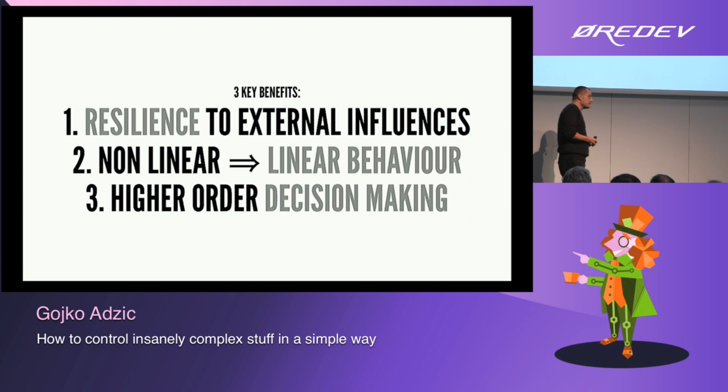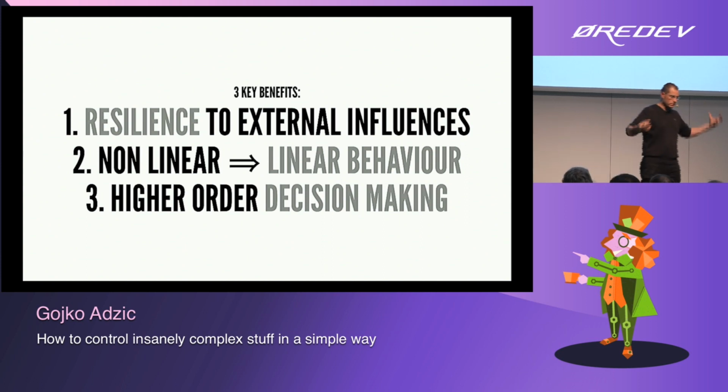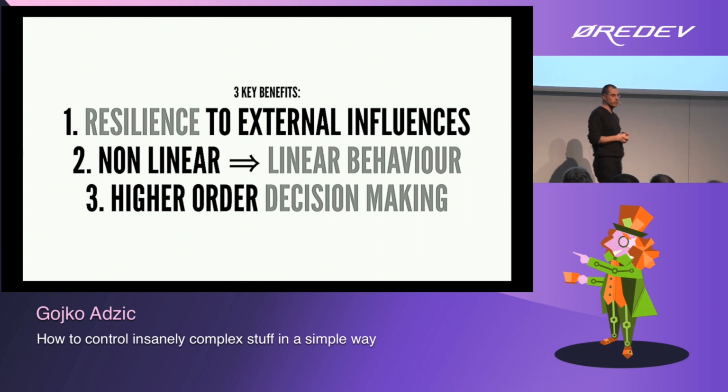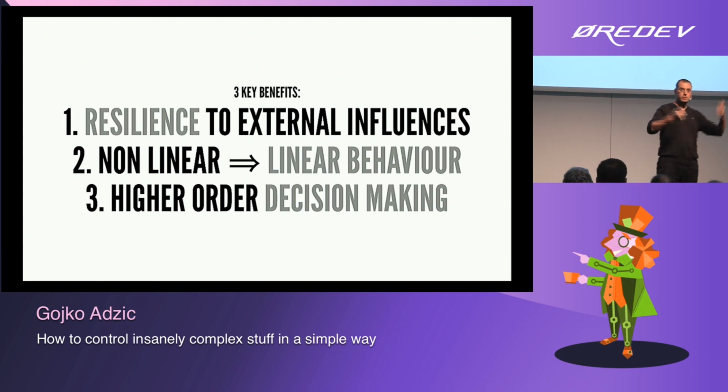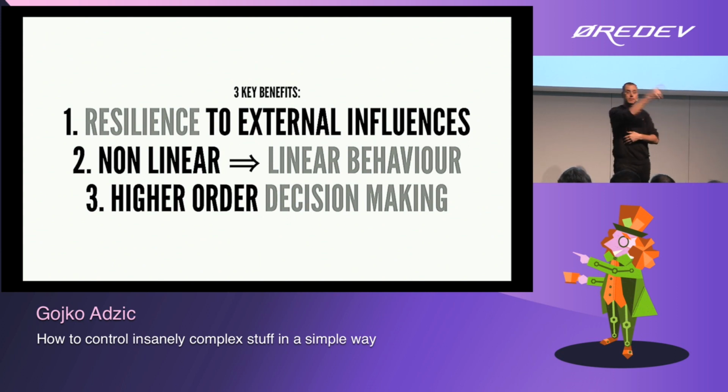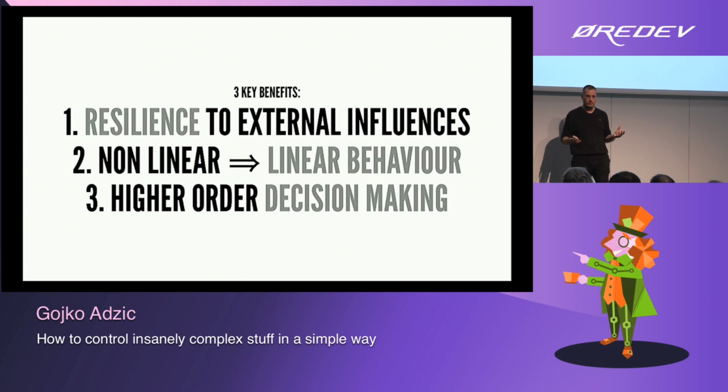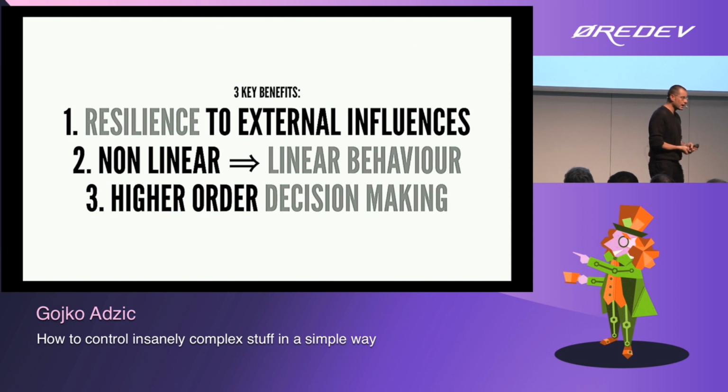And this is where a lot of these human systems, when you put feedback loops around them, work. A lot of human process control, like Scrum tries to do, is about taking something that's non-linear and not predictable, having some kind of measurement there, like a retrospective, and then feeding it back into the cycle to make the process predictable or controllable, more linear, easier to understand. And the third one that's really, really interesting once you start thinking about designing these systems is that feedback loops allow us to make higher order decision making.